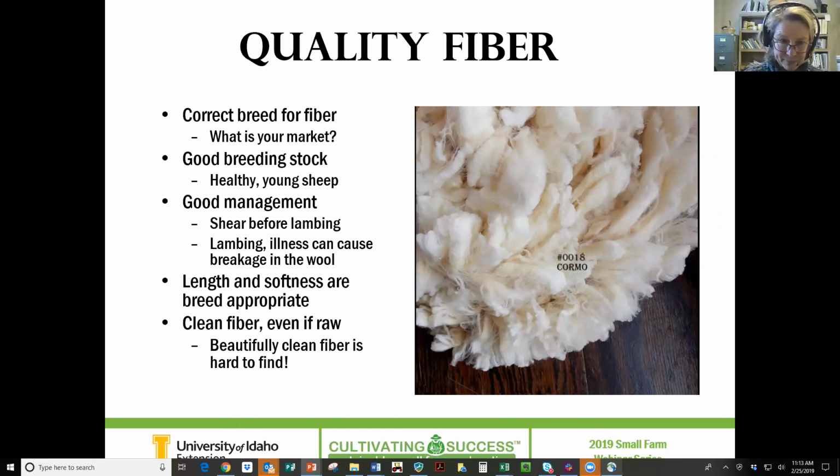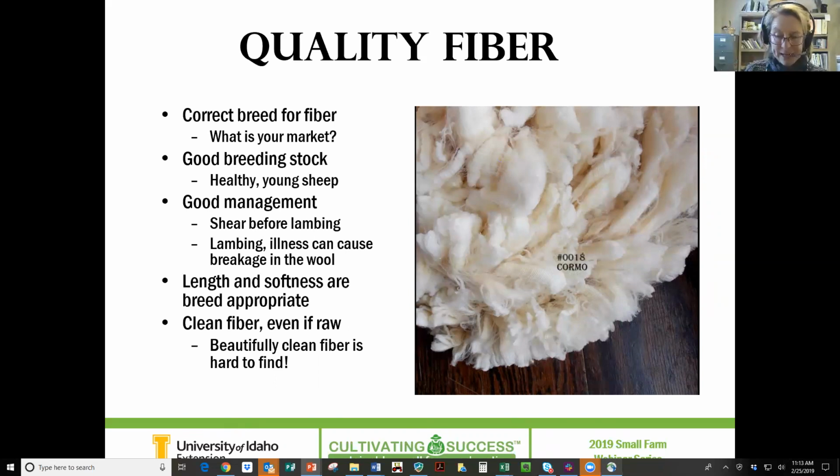So shearing before you lamb or right around lambing time is important, because that's a huge stressor for your sheep, and stress causes a weakness in your lock. And I am going to try to show you. I don't know if you've seen anybody do this. Take a lock of wool. I'm doing this in my little headshot here, and you kind of snap it. The sound is